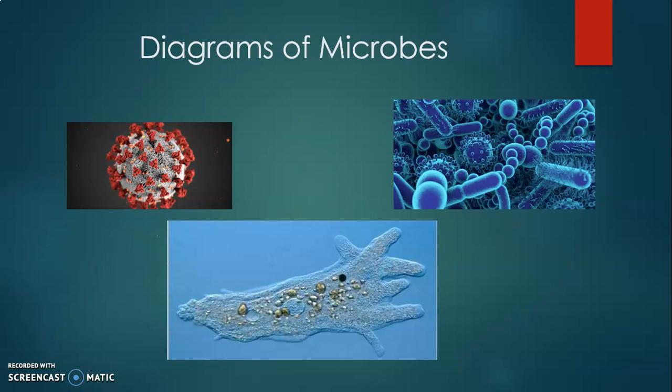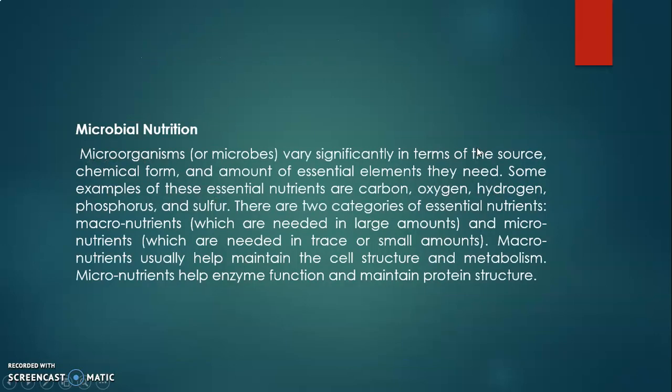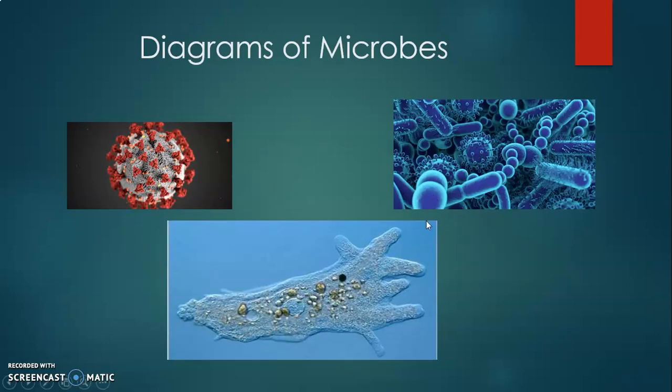Firstly, there are some microbes. That is a virus. All of you know this is the structure of a coronavirus. This is the structure of bacteria. These are some rod-shaped bacteria. These are spherical. There are so many structures in bacteria. And this is the structure of amoeba. Amoeba is also a microbe, and this amoeba also causes some very major stomach disease in our life.